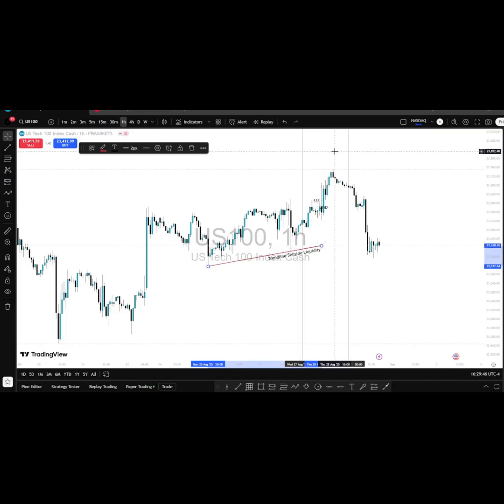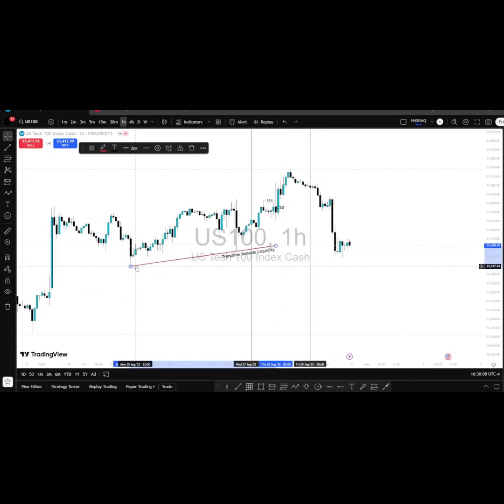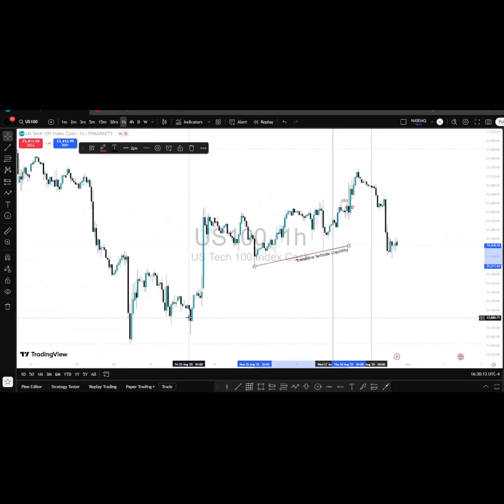But from an ICT point of view, or an institutional trader point of view, what we are taught is that price should sweep all this liquidity and then reverse to the upside. So this is actually targets rather than support. It should not offer resistance. It should offer support. Okay. So on that day, I wanted to target this sell side liquidity, this one and this one, in the form of a trend line. Also, we had this, but this one was far too behind. So my main targets were this liquidity and this liquidity,